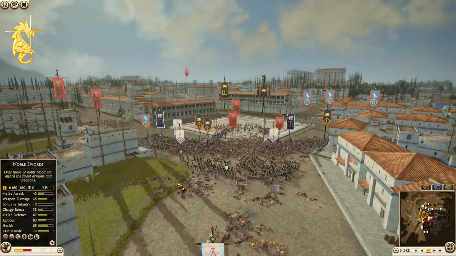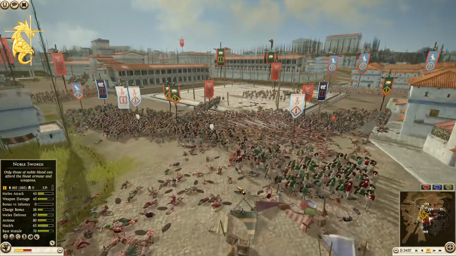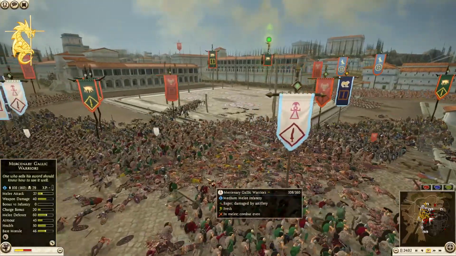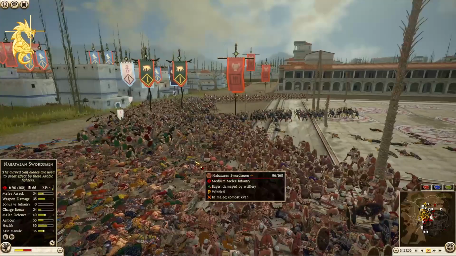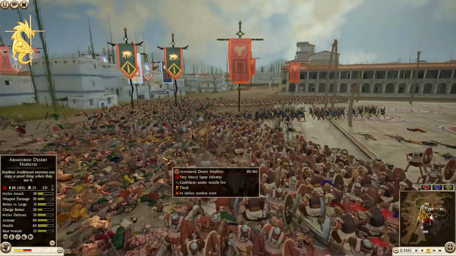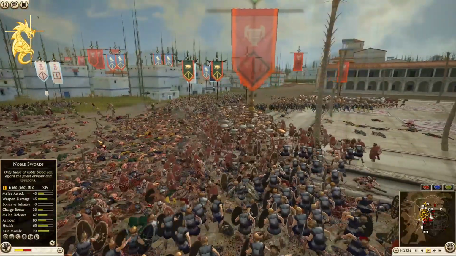So the problem with Getae is their mid-tier mainline infantry unit is the Mercenary Axe Warrior. But the key word there is mercenary. So the problem with that is, like most mercenary units, you can only bring a certain amount. If I remember correctly, for the Getae Mercenary Axe Warriors, I believe it is 4. So you can't really bring a solid amount of